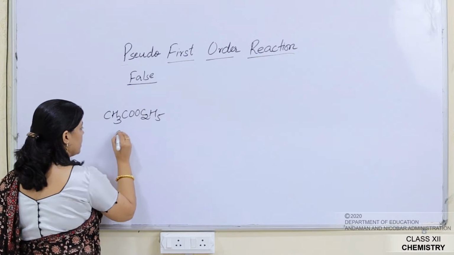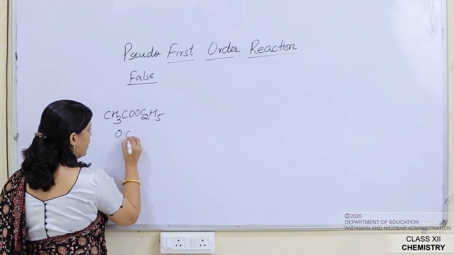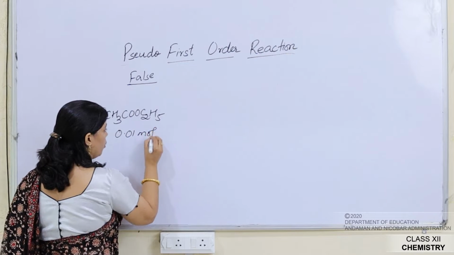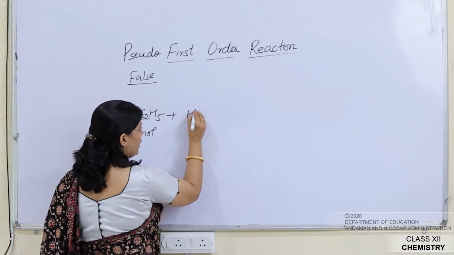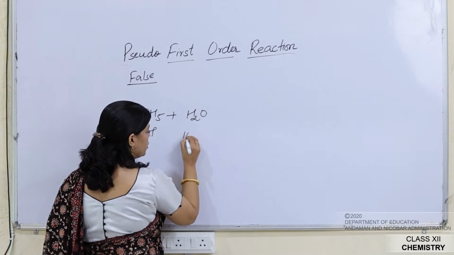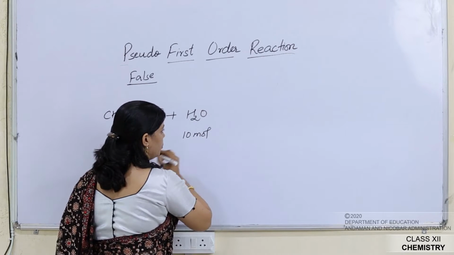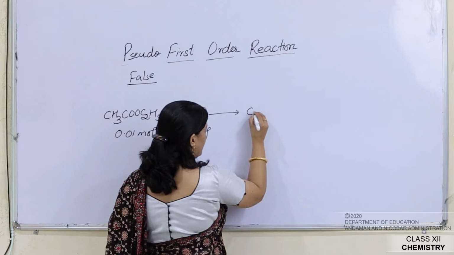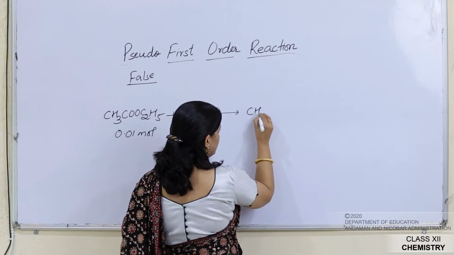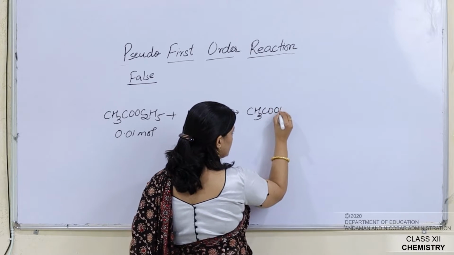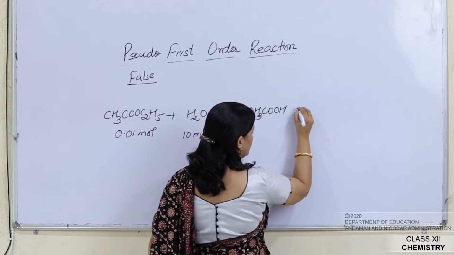This ethyl acetate takes the concentration 0.01 mole, and it undergoes hydrolysis with water, and the concentration of water we take is 10 mole. After the hydrolysis it gives acetic acid, that is CH3COOH, ethanoic acid, and plus ethanol